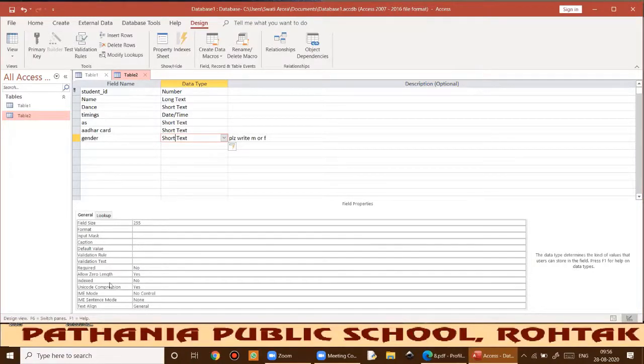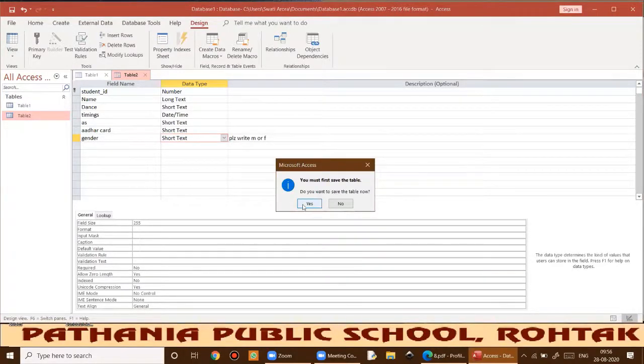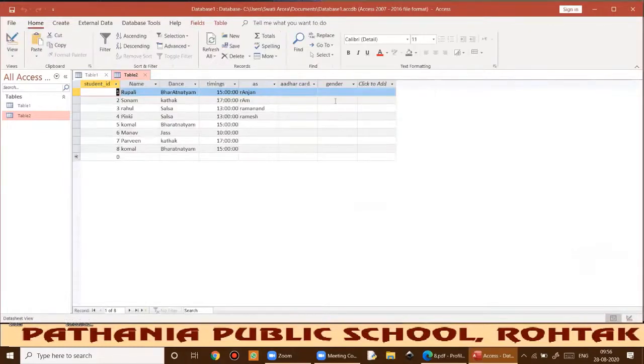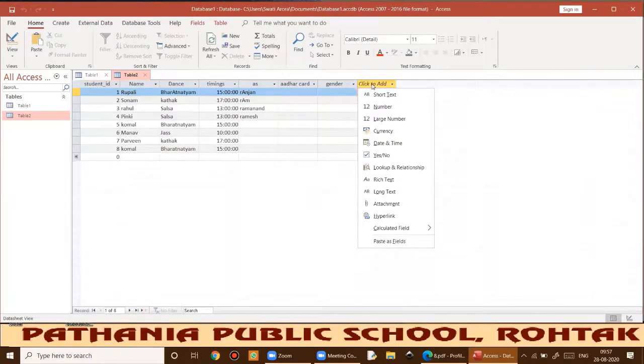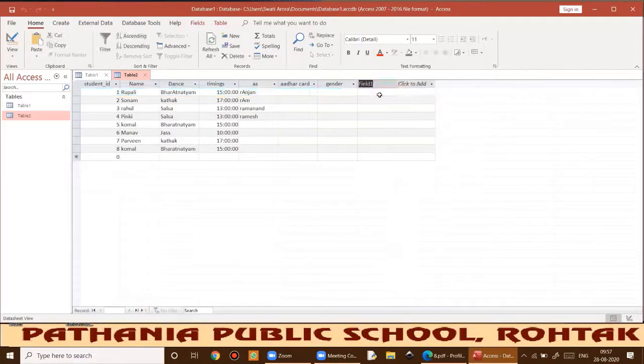Okay, so now again I'm going to datasheet view. See, I have entered a new field, and that will be visible in my datasheet also. When I open datasheet view it asks to save the table, I say yes. You can see a new field has been added and the data type has also been set. If you want to add a new field here, that is also possible. Just by clicking here you can set the data type. The data types that were available there, you can set from here also, but you cannot change the properties of that particular field.